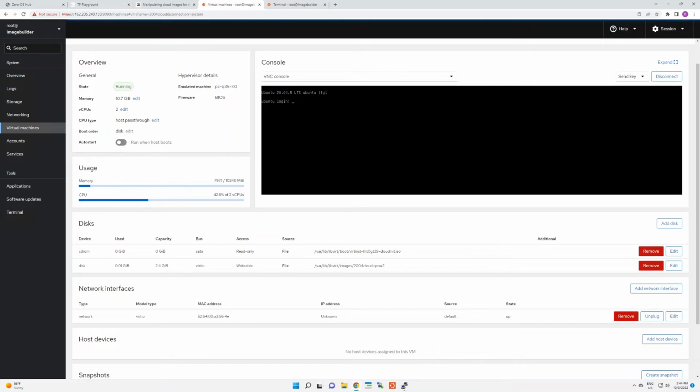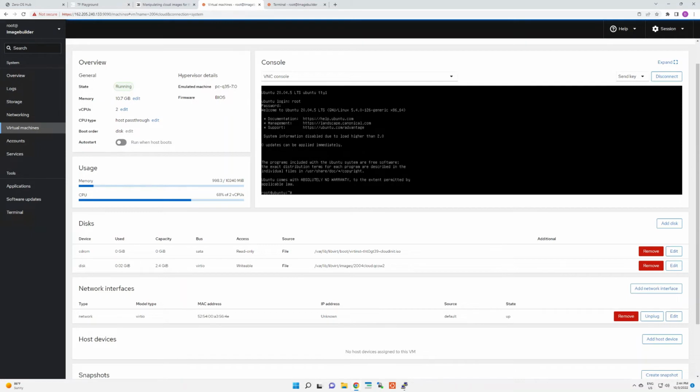Alright, now we're going to log into this image, using the password we just set during deployment. This is going to be the cloud image that we could deploy to the grid as is, but let's say we want to have cockpit running on a 20.04 image instead of